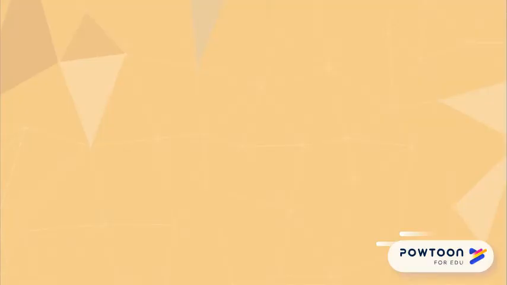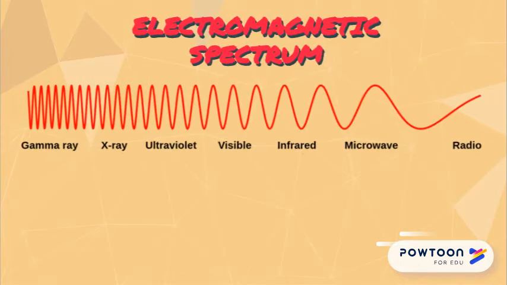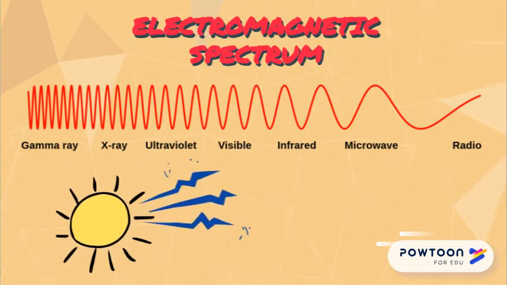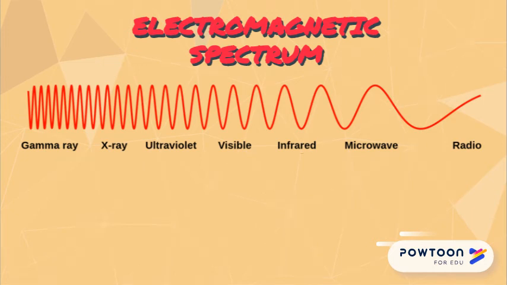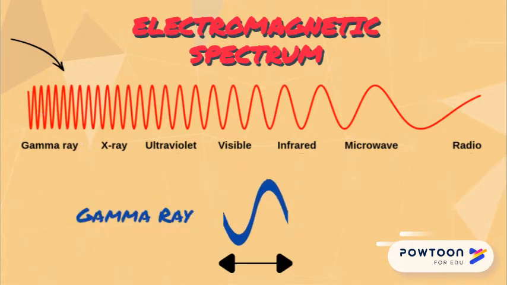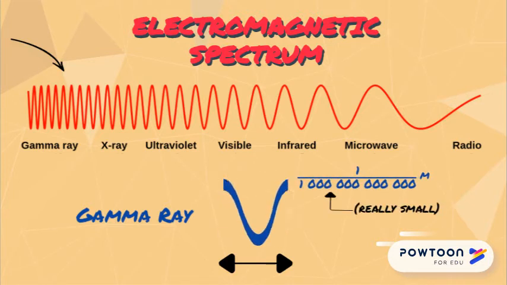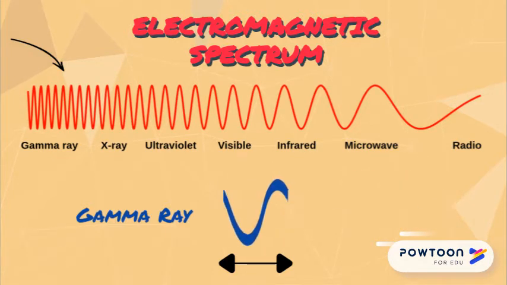So let's start with the basics. Here we have the electromagnetic spectrum. It consists of all known types of electromagnetic radiation. All the different types of radiation are categorized by their wavelength. So here on the left of the spectrum we have gamma rays, which are the shortest wavelength on the spectrum. These wavelengths are, on average, only 1/1,000,000,000 of a meter long, which is comparable to the diameter of an atomic